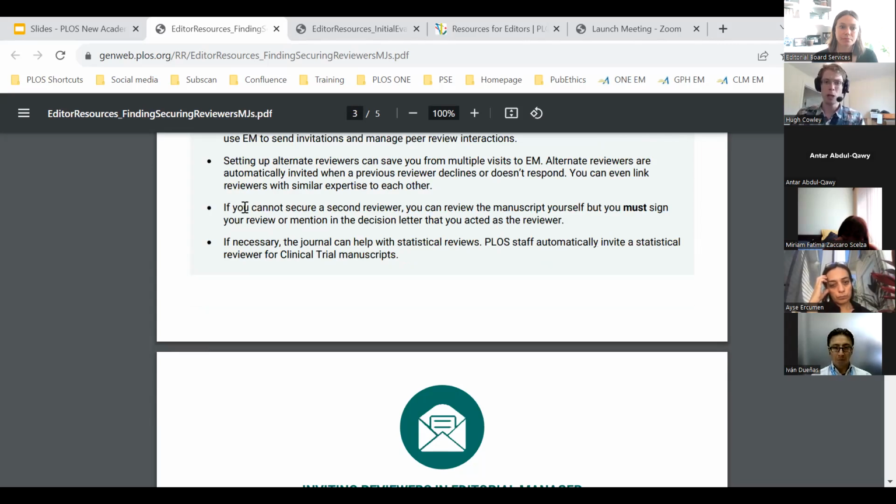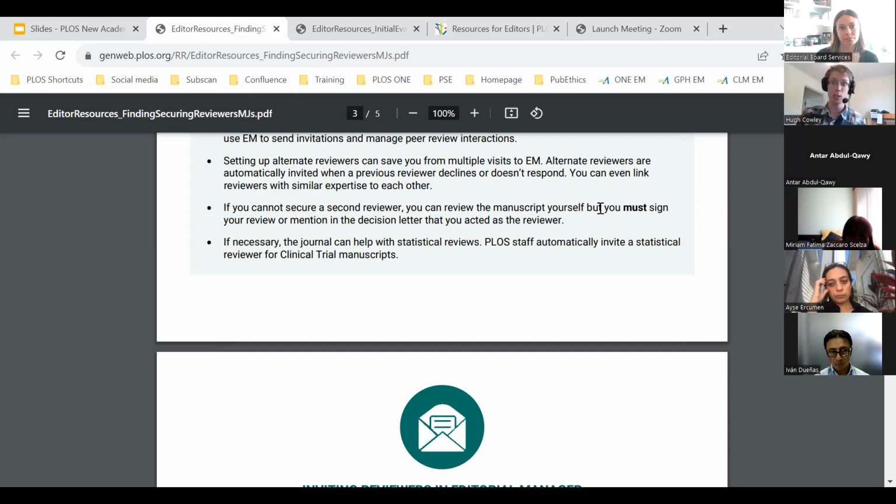If you find that you are not able to secure a second reviewer, you are entirely entitled to review the manuscript yourself. But please note, it's very, very important: you must either sign your review if you invite yourself as a reviewer, there's a field in the reviewer form where you can provide your name, or mention in your decision letter that you've acted as the reviewer.